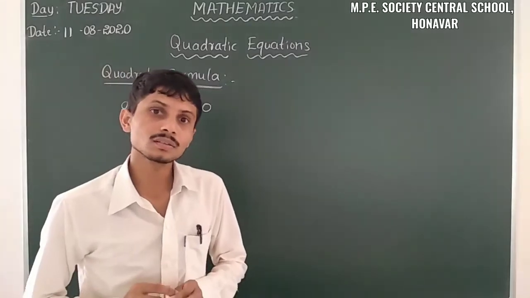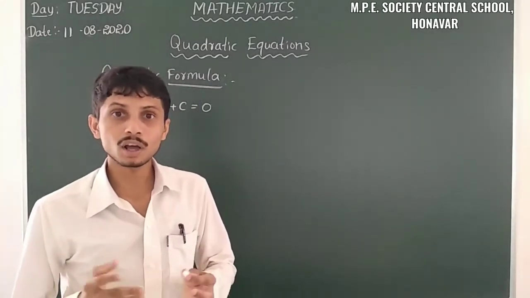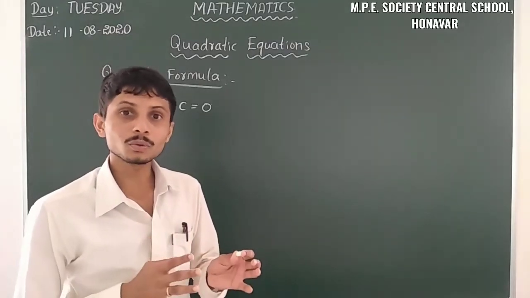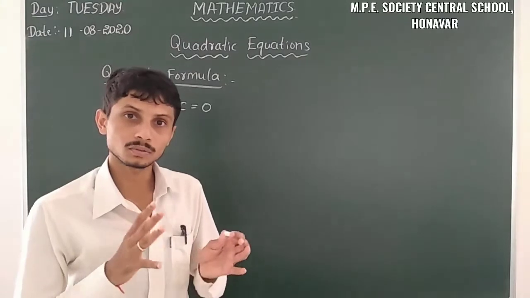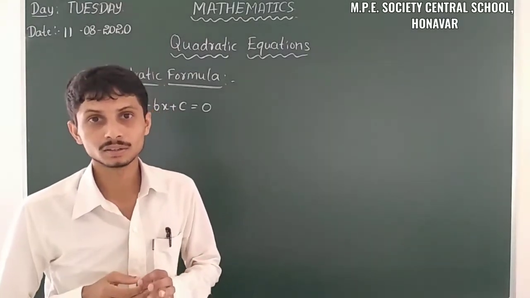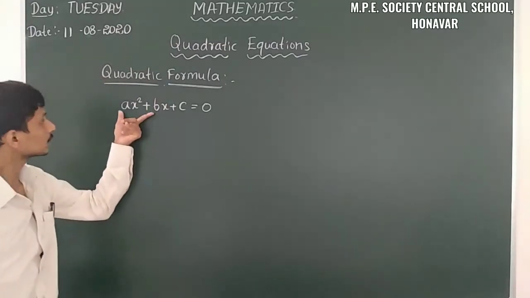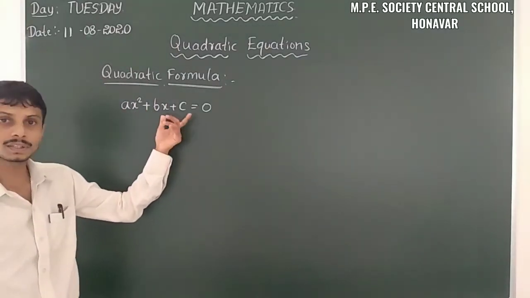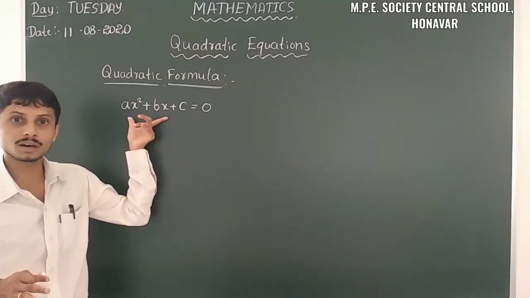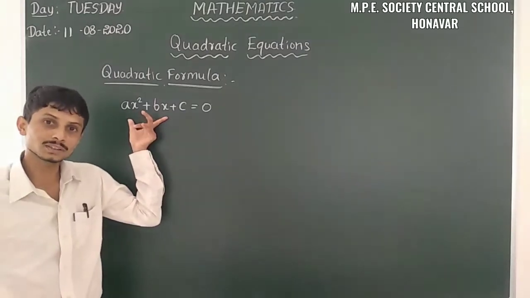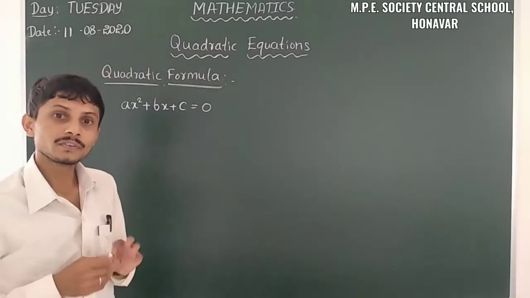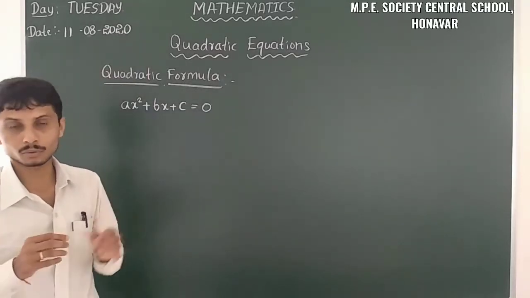So what is the method of completing square? You already know it from the last video. When you have to solve a quadratic equation, you have to convert it into the form of a completing square. So here just observe, it's in the form ax square plus bx plus c. In that method we take the first two terms and convert them into the form of a completing square. So here also we have to do that.